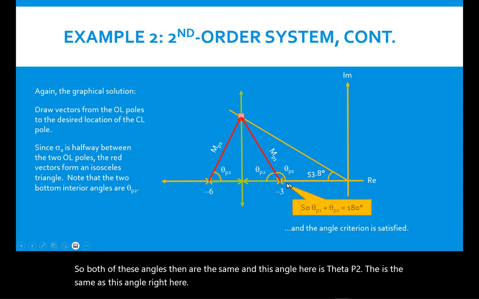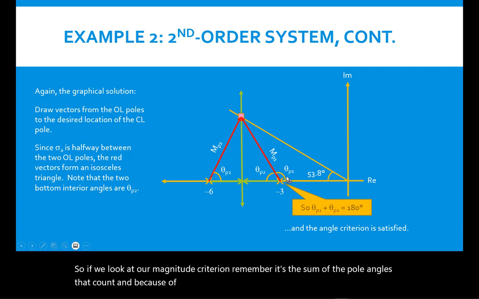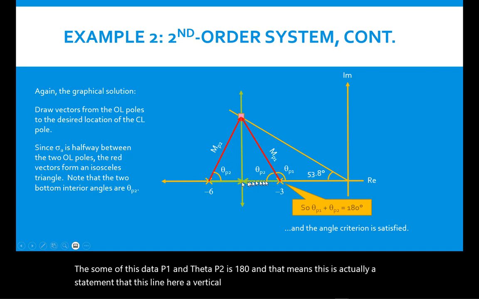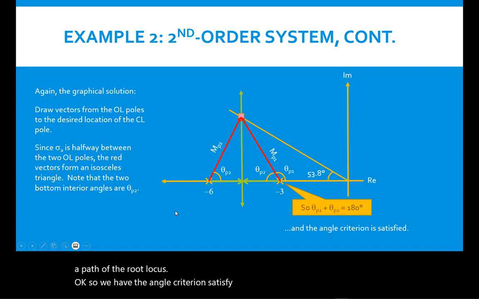So if we look at our angle criterion, remember it's the sum of the pole angles that count, and because of the geometry, the sum of this theta P1 and theta P2 is 180. And that means this is a statement that this line here, a vertical line through the midpoint between these 2 poles, will always have that property, and that means that this is a path of the root locus. Okay, so we have the angle criterion satisfied, which is the first one we want to satisfy,